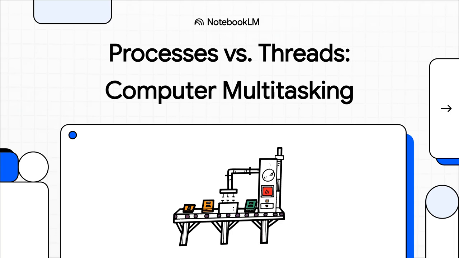You ever stop and think about what your computer is doing right now? I mean, you've probably got music streaming, maybe a dozen browser tabs open, notifications popping up, and it all just works. It feels like magic, right? Well, it's not. And today, we're going to pull back the curtain on the two super important concepts that make it all possible: processes and threads. Let's get into it and see how the real magic happens.